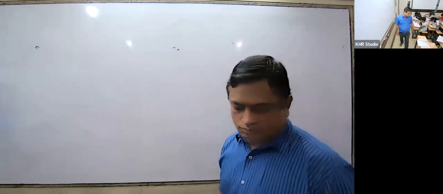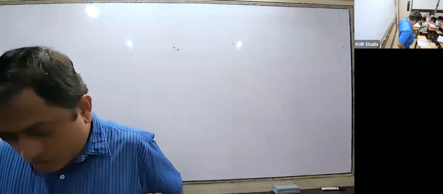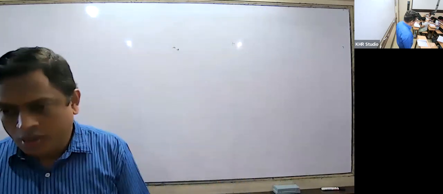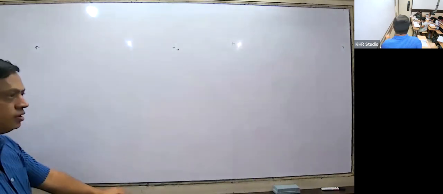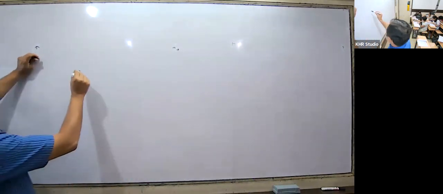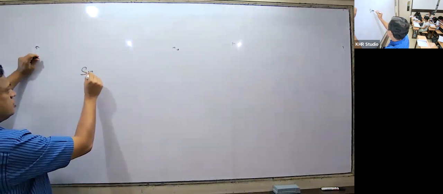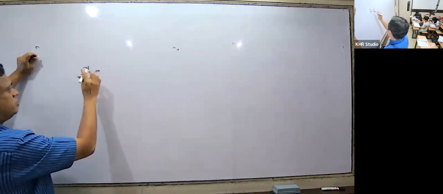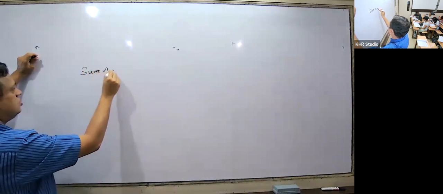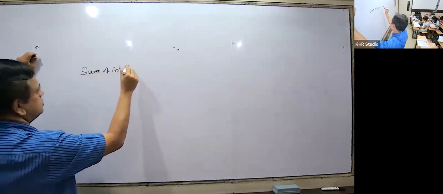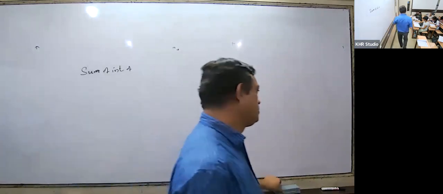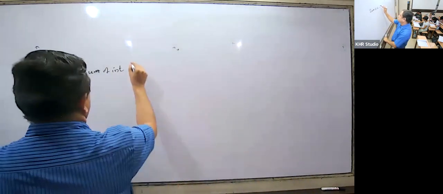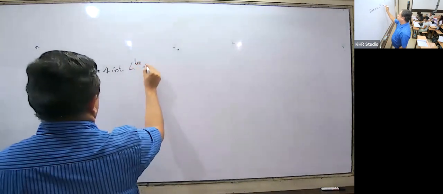Write the chapter heading: rectilinear figures. Sum of interior angles of a polygon